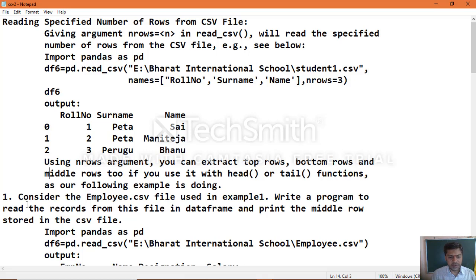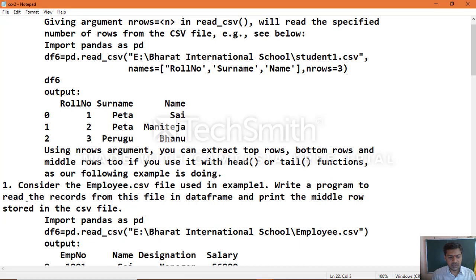Consider the employee.csv file used in the earlier example when we learned the CSV concept. Write a program to read the records from this file into a data frame and print the middle row stored in the CSV file.